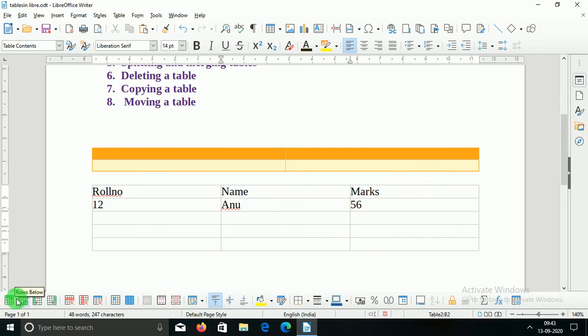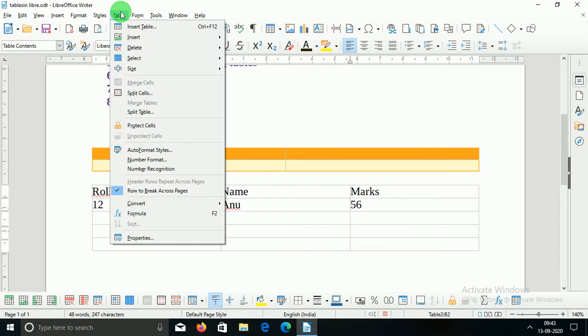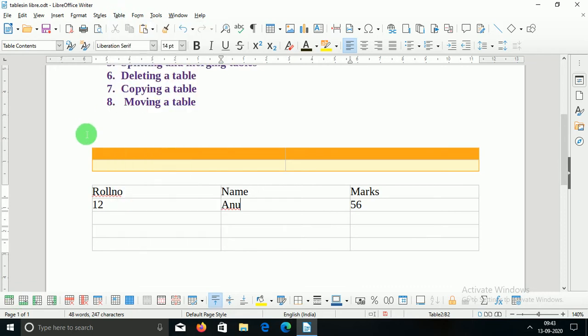You can select options from there and you can select from this menu also. Okay, that is up to you, आपको कहाँ से select करना है. Then here you can see Rows Above, this is the option called Rows Above. You just click on this option and you can find that a blank row is now opened above this row.